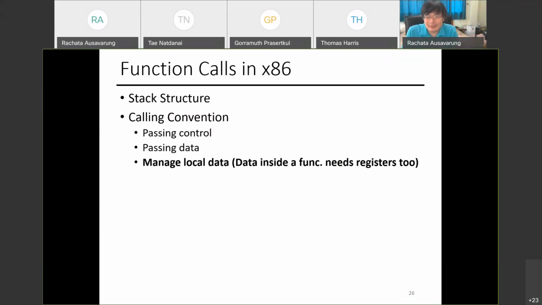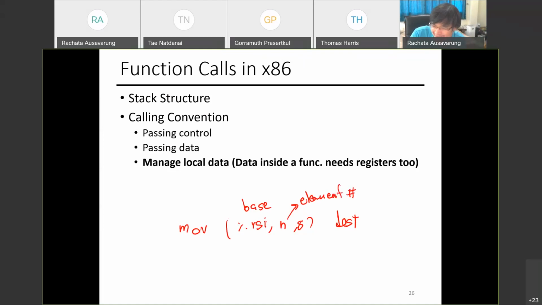You move, right? Basically, you access by moving something to the register. If it's already on the register, it's all one operation. If you need to access something from the stack, you move, and then you would do this, right? This is your base. The number here is the element, and then 8. You move this into your destination. This is how you can access